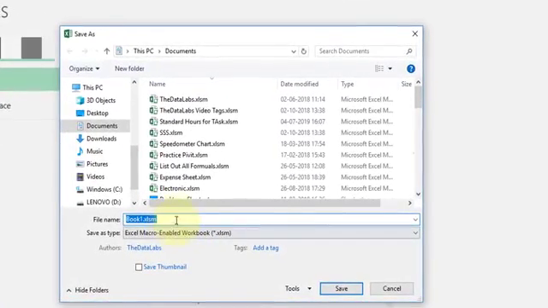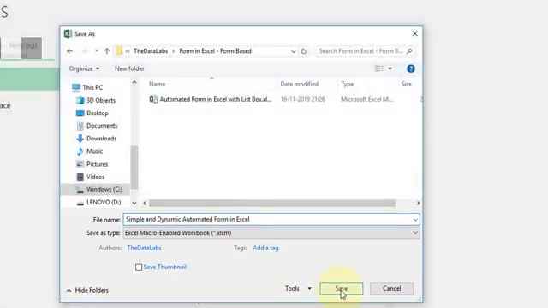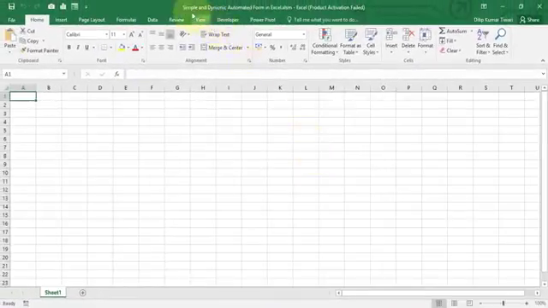Let's move to Excel and give the path over here, click on save, and make sure you select the save as type macro enabled file, otherwise you will not be able to retain the code, whatever code you will write, right? So let's give the name, click on save. Now you can see that this has been successfully saved, simple and dynamic automated form in Excel.